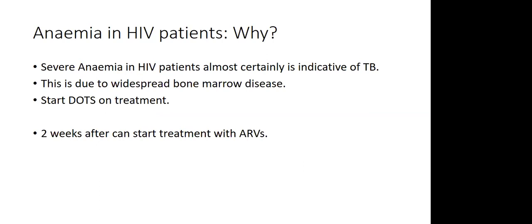Something I want to touch on very briefly: anemia in HIV patients. I'm talking more about older children. If you have a severe anemia in an HIV patient, probably that patient also has TB, because it will have infiltrated the bone marrow. So if I'm seeing a child, maybe they're 7 years old, and the Hb is like 3 and they're spot reactive, I'm going to think, right, that child needs to be on DOTS first. The reason is, even if you're seeing nothing on an X-ray or anywhere else, almost certainly you're dealing with a TB that's affecting the bone marrow, and that's quite serious. So I would start with my DOTS in that situation.